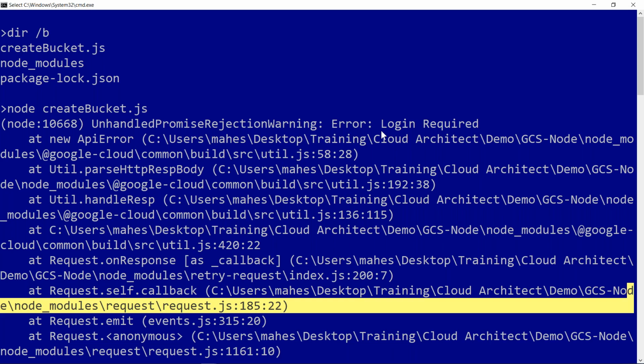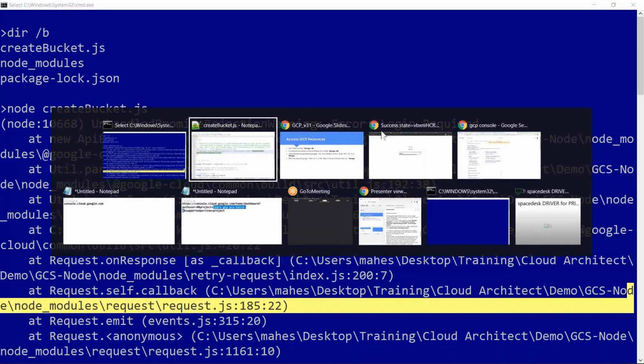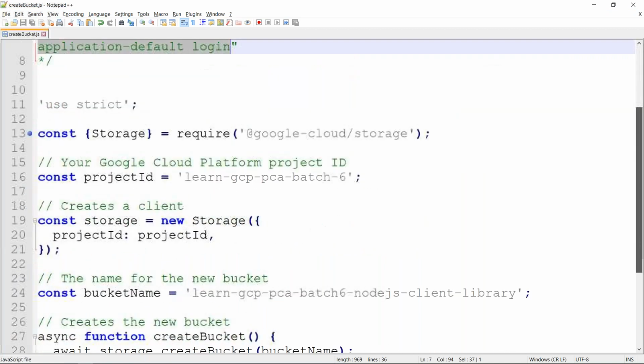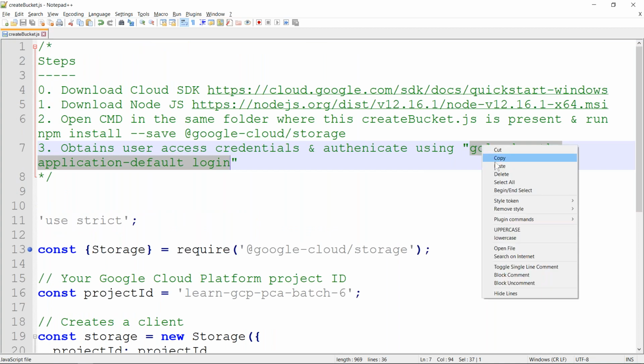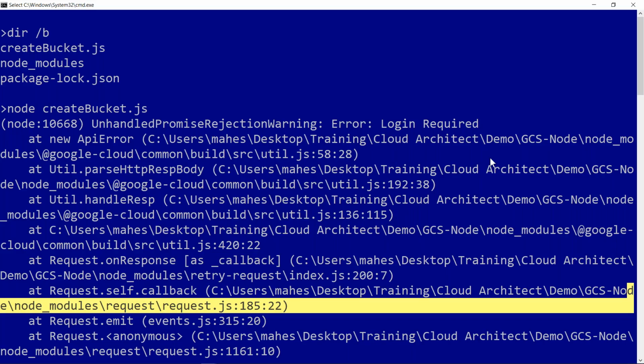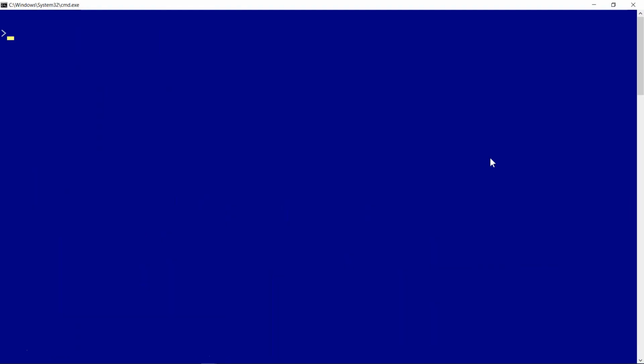Project details are there, but what is the authentication? If you see this code, I have not mentioned that I want to use my learn.gcp 2022 user ID. I have not mentioned any details. So that authentication is required. For that, you have to use this command. Clear the screen, run this: gcloud auth application-default login. Application, because it's a small app which we have written. So login,